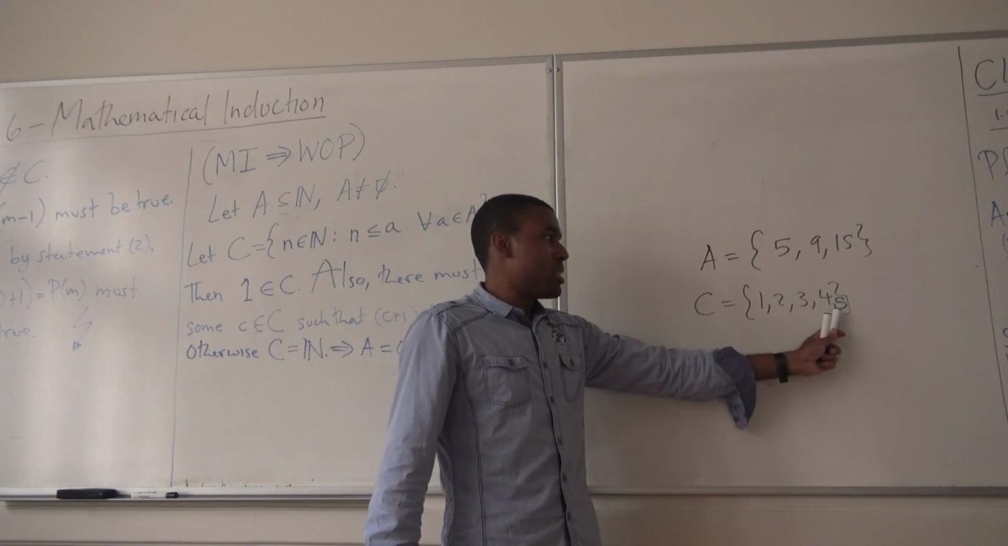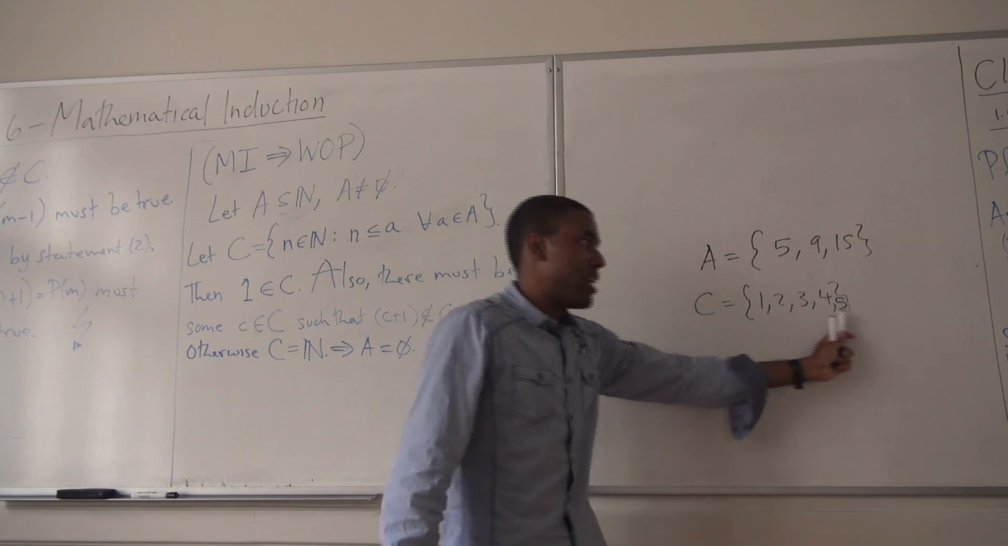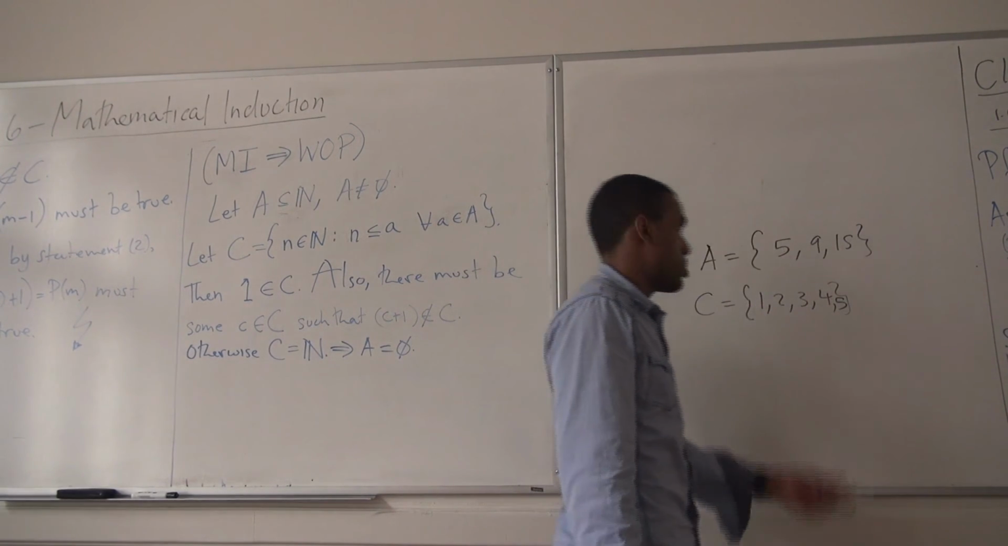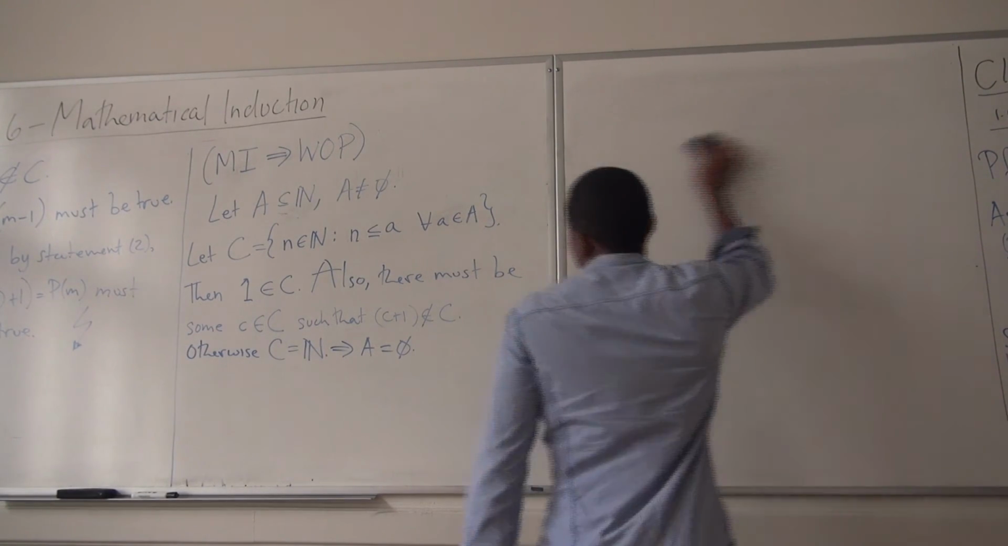And if every time an element is in C, I add 1 to it and it's also in C, I end up getting C be everything. Which means that A doesn't even make sense in the first place. Yeah. Okay, so